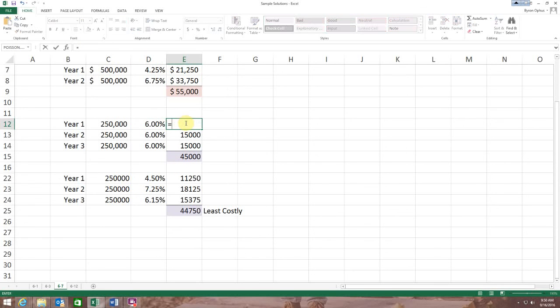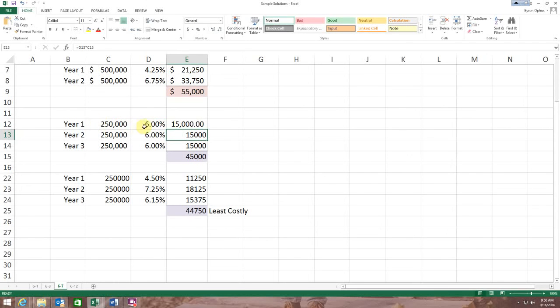Again, then all I have to do is do the multiplication. Okay, carry that down, do the sum. Boom. And do the same thing down here, and in this case the least costly route would be to do this, although it's not much. Okay, this is one of those cases where managers and CFOs sometimes get paid the big bucks, because you're only going to save